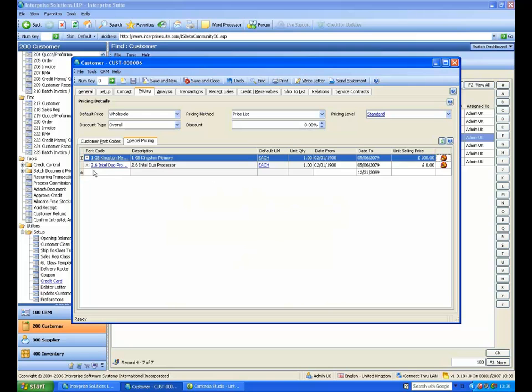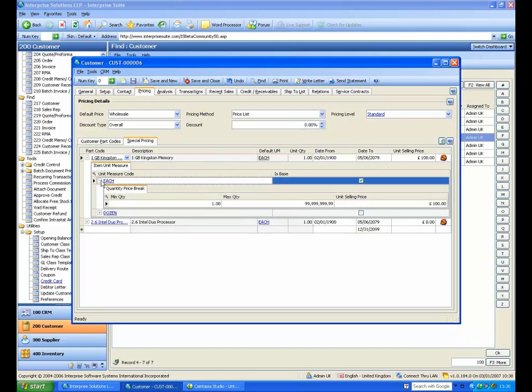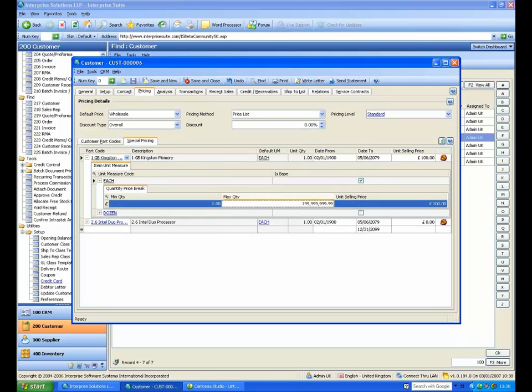That's it, done. But if we wanted to do a bit more detail than that, we can drill down here, and we can see that we could then do special pricing for each type of unit of measure. So it may be that for dozens we do a better price than we do for each. If I look at quantity breaks, I can say, if we sell one each to 100,